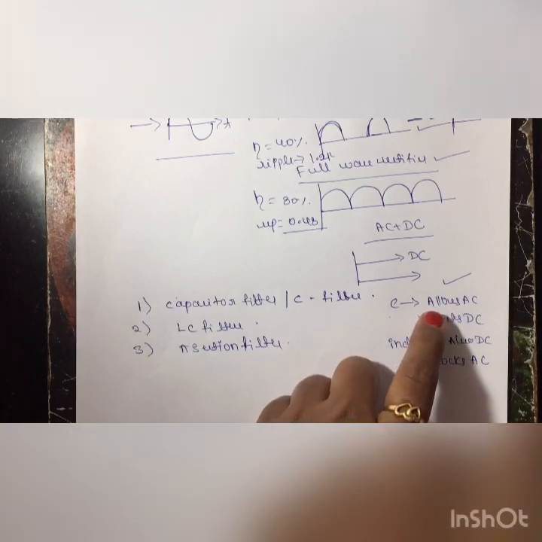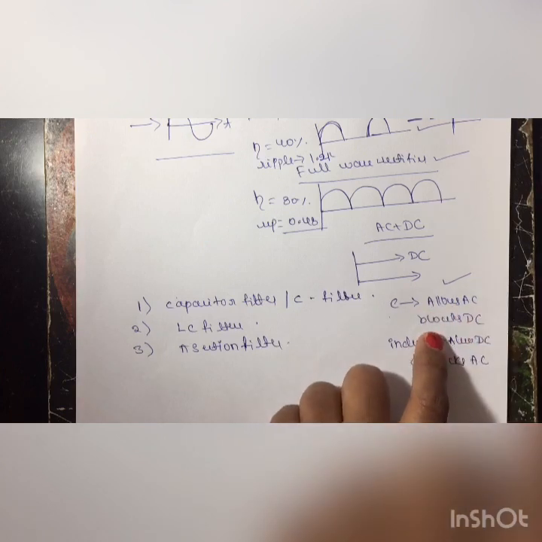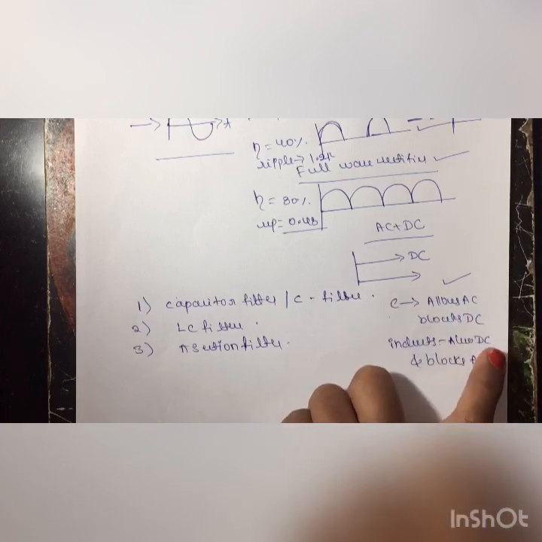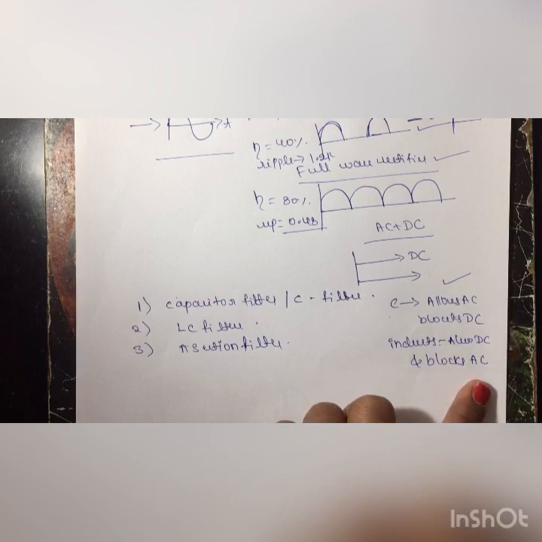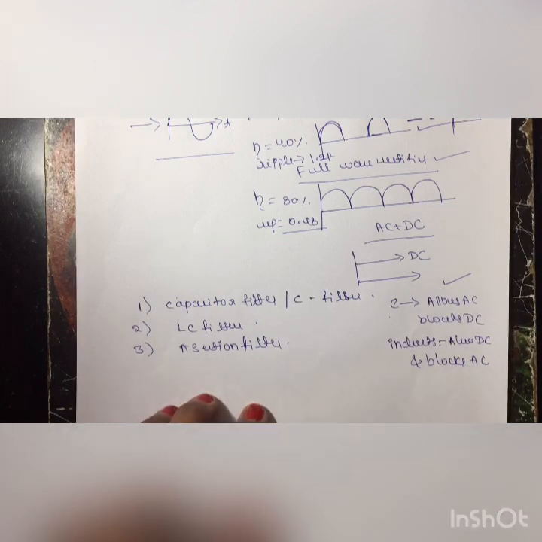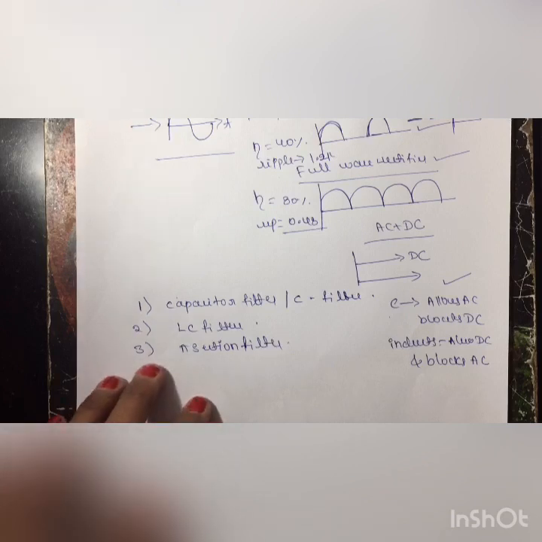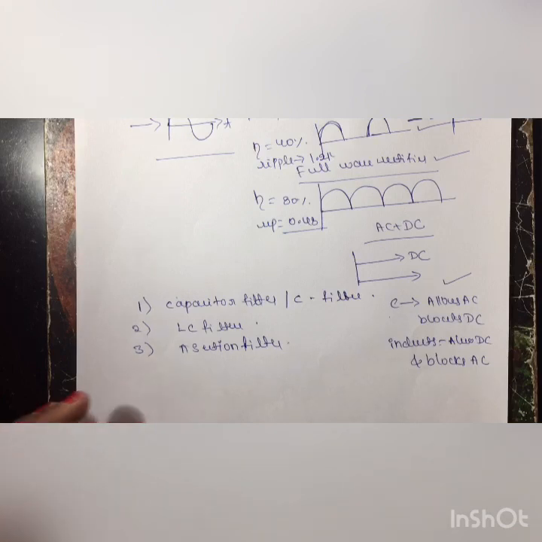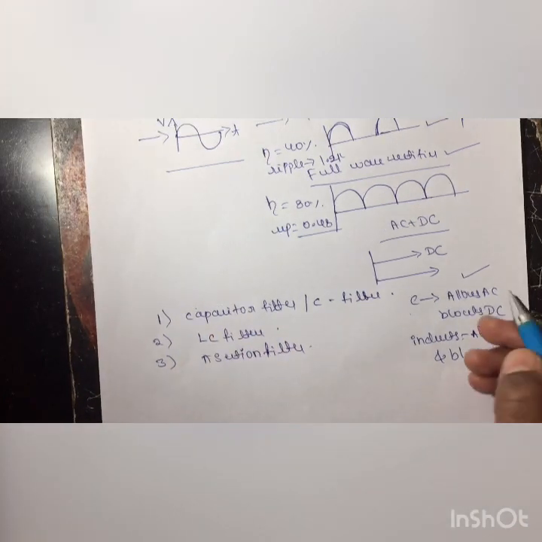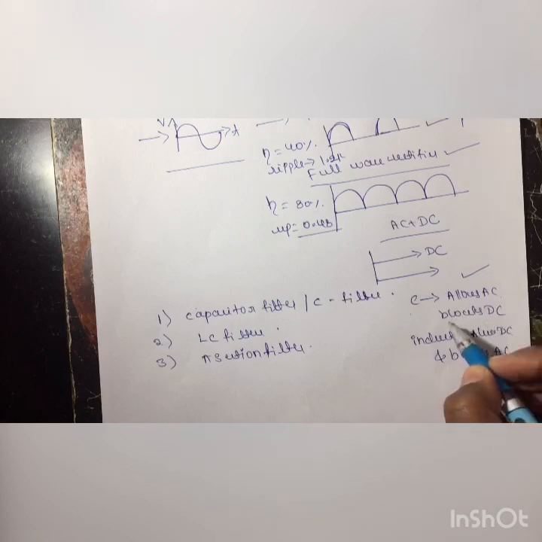This one allows the AC and blocks the DC, and the other allows the DC and blocks the AC. So it becomes clear that a suitable network of L and C, meaning inductance and capacitance, can effectively remove an AC component, allowing the DC component to reach the load. Here the basic thing is that the capacitor allows the AC and